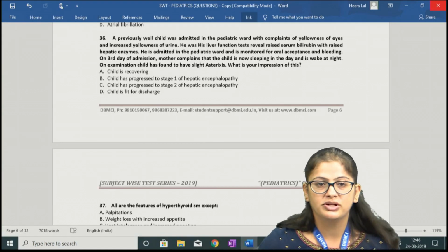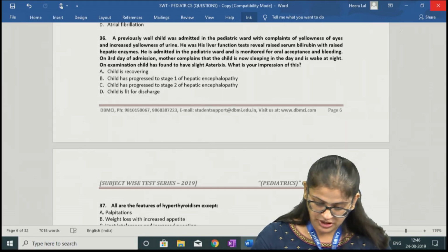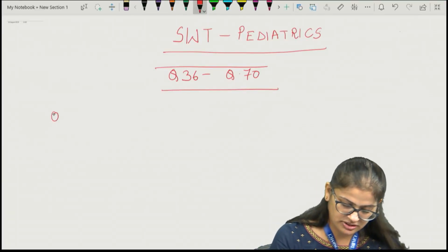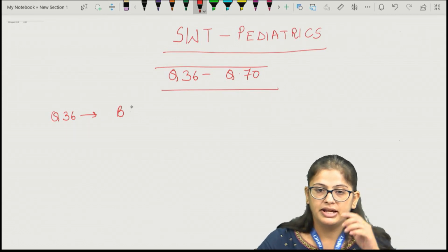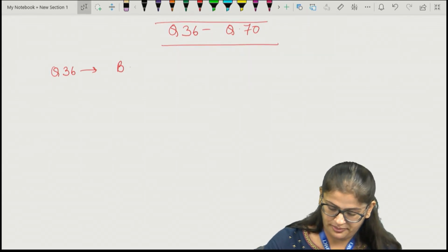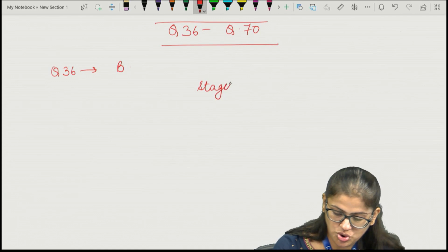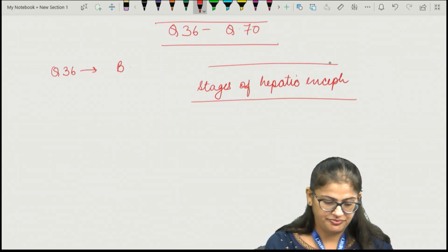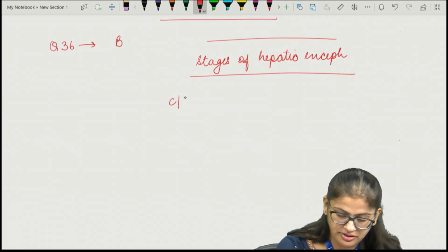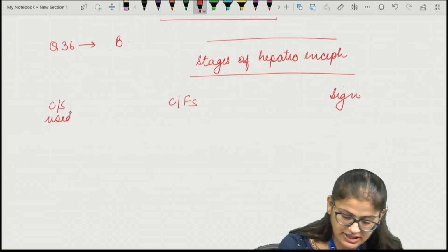And the correct answer to this question is option B, that is, the child has now progressed to stage 1 of hepatic encephalopathy. So question number 36, the correct option is option B, that the child has progressed to hepatic encephalopathy stage 1. So there are different stages of hepatic encephalopathy that you should know, depending upon the clinical features and the signs, the hepatic encephalopathy can be